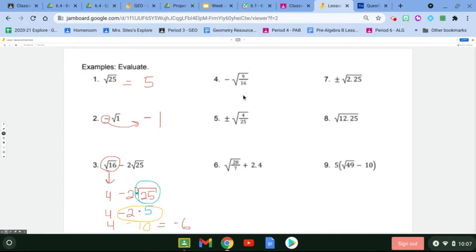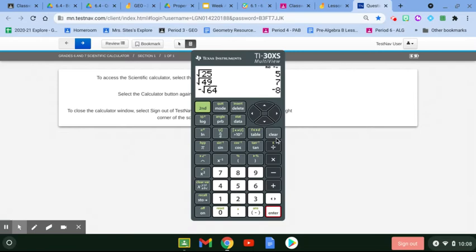Okay, when I see something weird like in question number 4, I can actually just type that all into my calculator. So I'm going to show you how you do that. So again, I would want the negative root of 9/16. So type the negative sign in first, hit the second button to type the square root in there, hit the fraction, and then